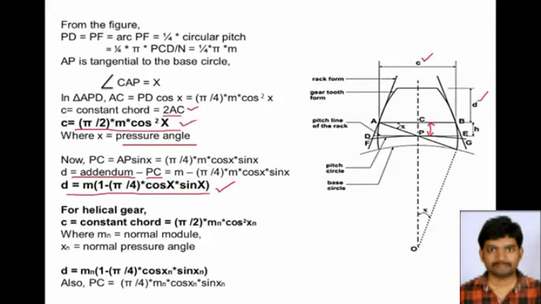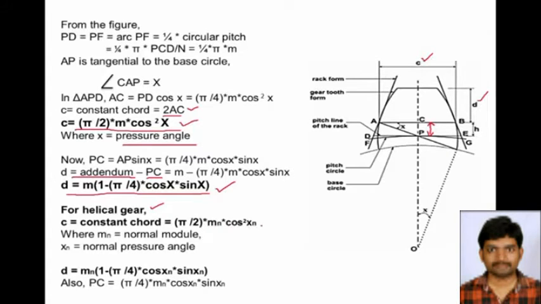So m times 1 minus pi by 4 of cos x sin x, where x is the pressure angle. So these two are for the spur gears. Okay. And now for the helical gears, C is a constant chord that is equal to pi by 2